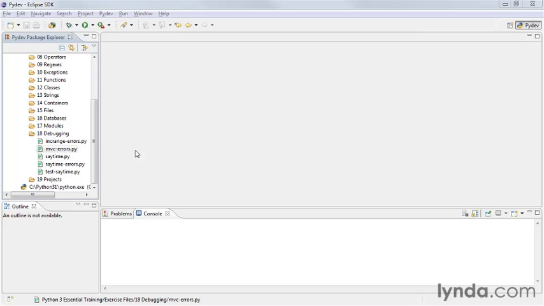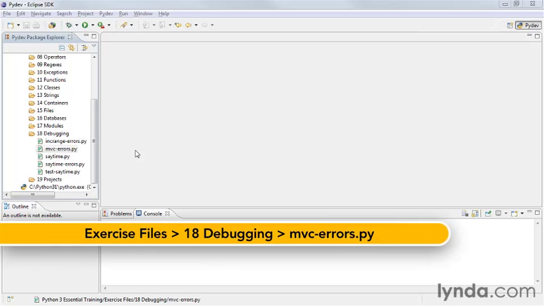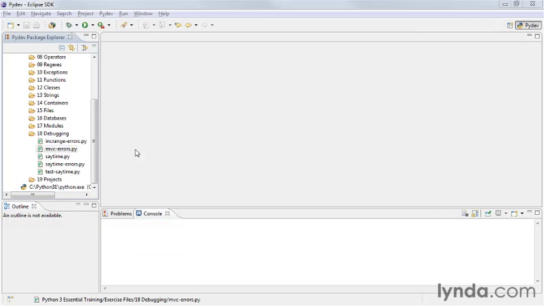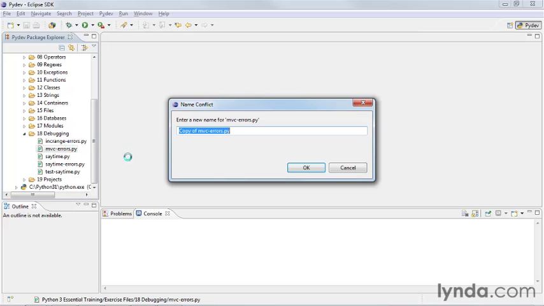Sometimes when you run into errors in your code, they won't be syntax errors. Instead, there'll be errors that don't show up until you try to run the code. We call these runtime errors, and we've got some examples here. Let's make a working copy of this mvc errors.py, and we'll call this mvc